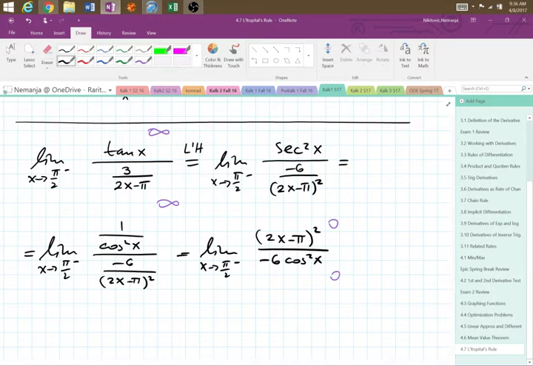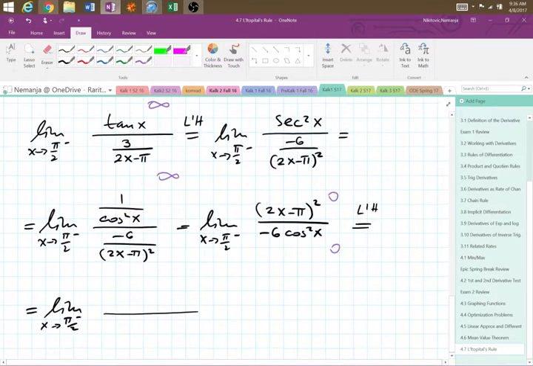We can use L'Hopital again, which is equal to the limit as x goes to pi over 2 from the left, and when we take a derivative, we are going to get 2x minus pi times the 2 as a chain rule. So the first 2 is the 2 that drops, and then the second 2 is the one from the chain rule. And in the denominator we have negative 12